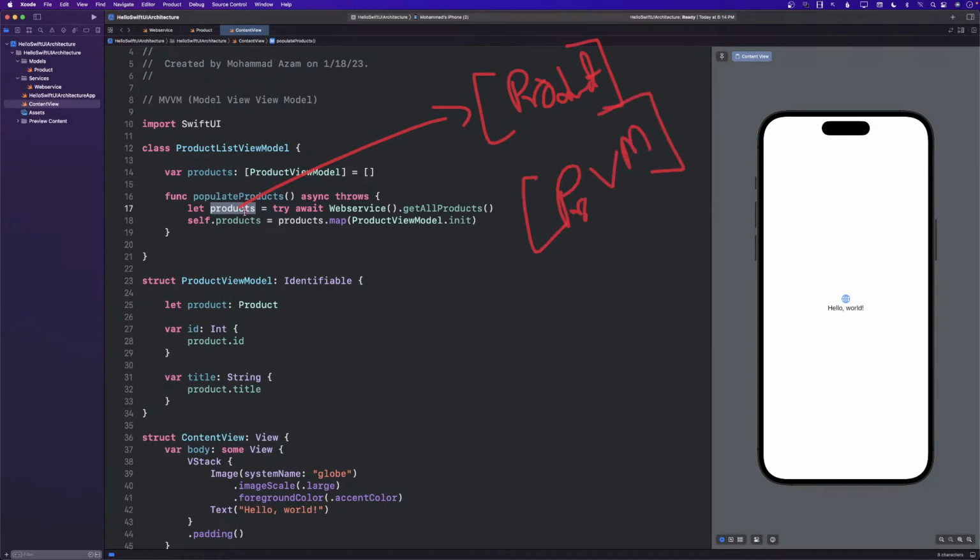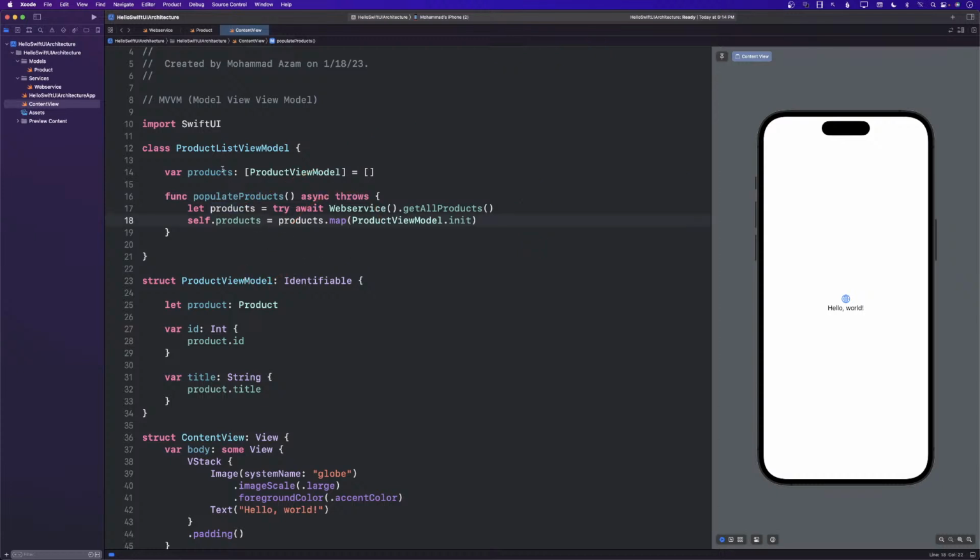That is what this line is going to do. It's going to go through each product, and for each product, it's going to call product view model by passing the product to it. So this is going to call basically the default initializer for this particular view model. So now we have all the products.